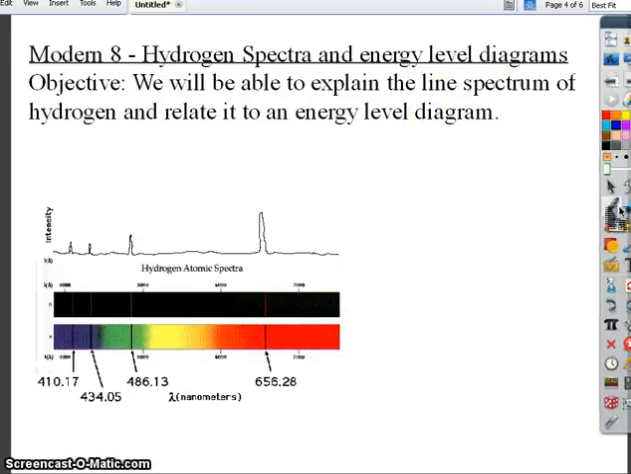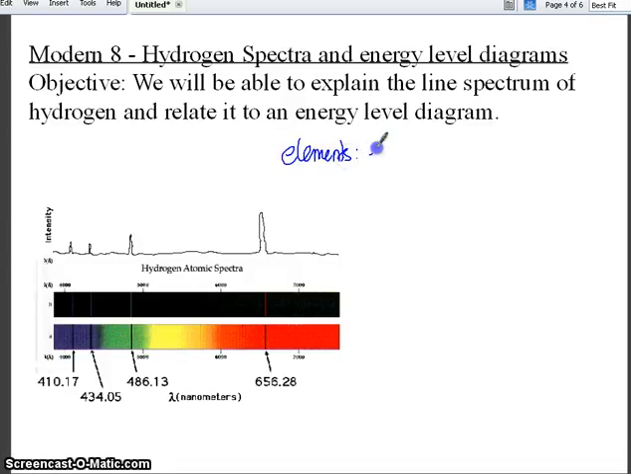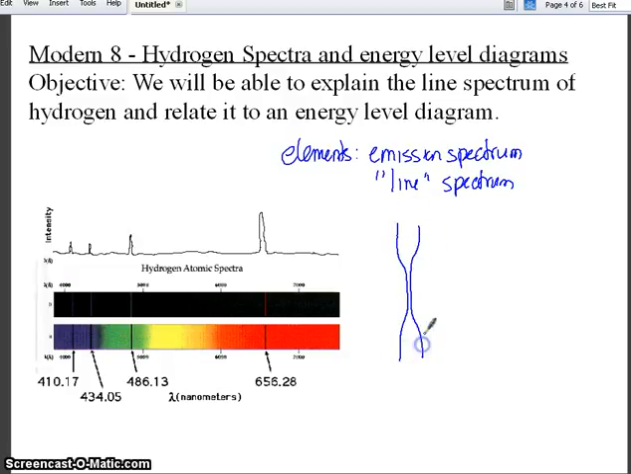So, all elements have what's called an emission spectrum, or a line spectrum. And this is pretty simple. If we take an element like hydrogen and we put it in a tube, it looks like this. So there's hydrogen inside here, and then we put a lot of energy inside, so we hook it up to a voltage. This will start glowing,